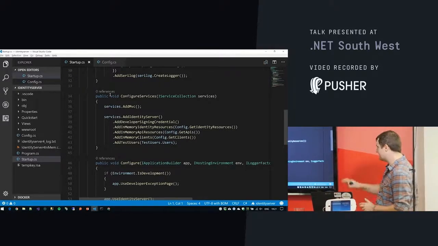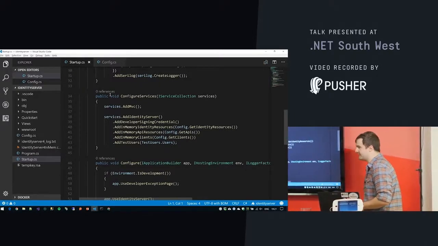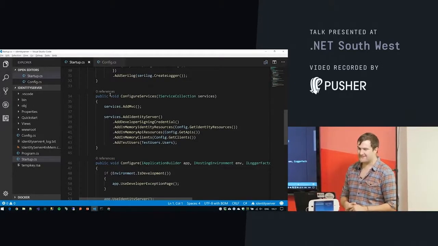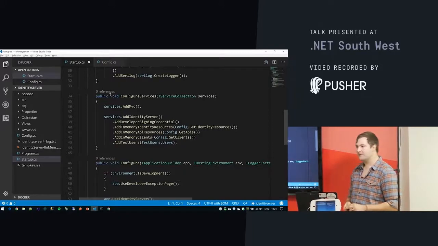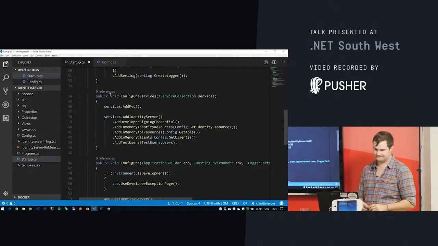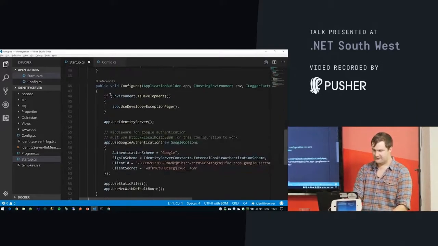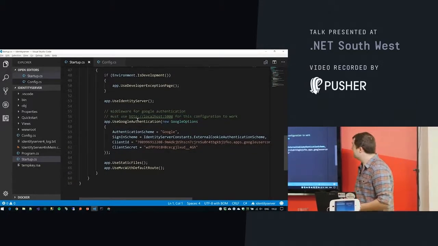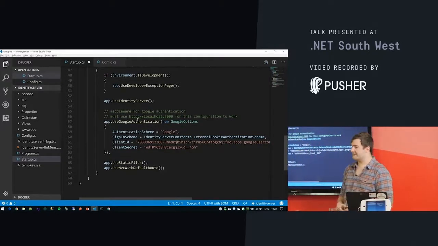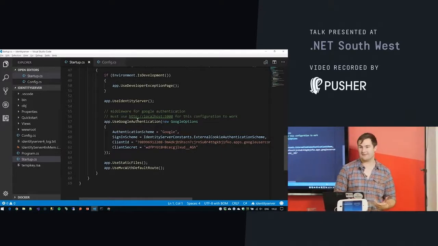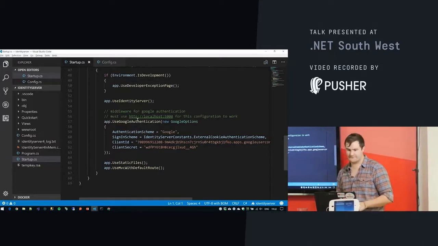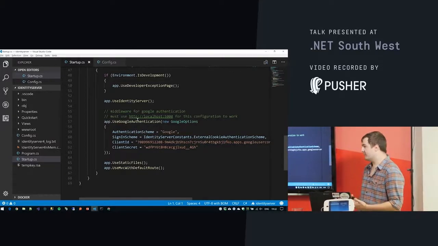So we got some in-memory test users as well, Alice and Bob, and we've just put in a development signing certificate. This is the private key we'll be using to digitally sign the tokens we send out. And then all you need to do in your actual pipeline is just say use identity server. That's just going to intercept any routes that match the actual protocol requests. And then you just plug in MVC afterwards, because we've got a little UI around it which actually performs user